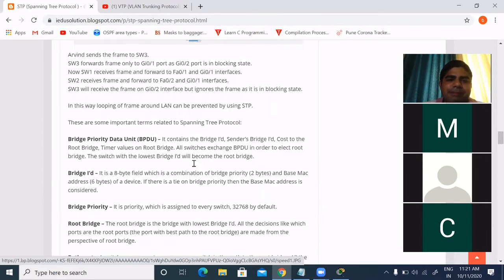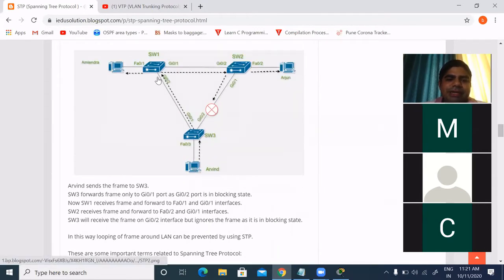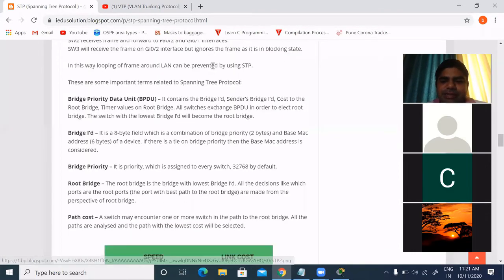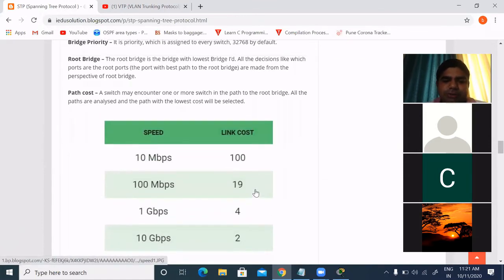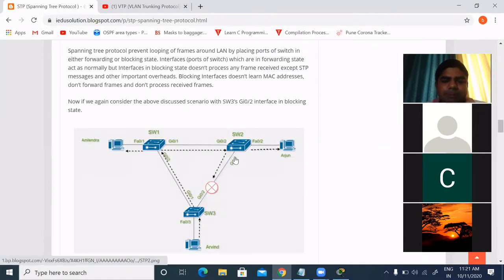If we have selected switch 1 as the root bridge, then switch 2 and switch 3 will check which port will become the root port. Suppose this is Gigabit Ethernet, it has a cost of 4. So when connecting to switch 1, it has a cost of 4.